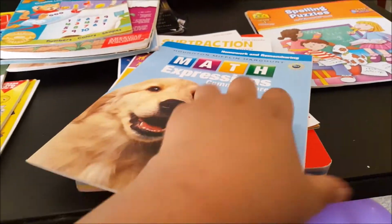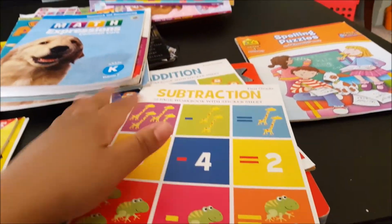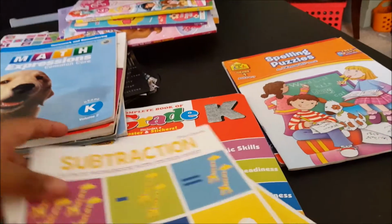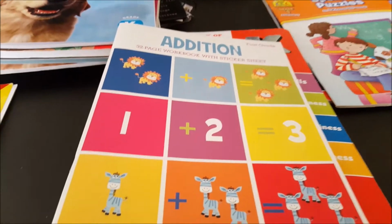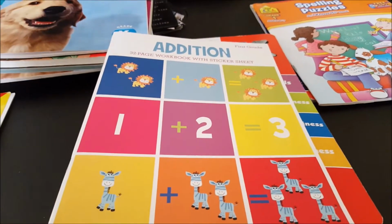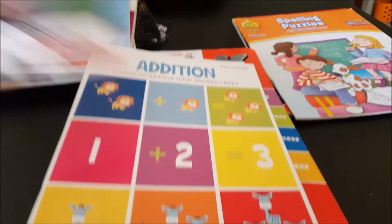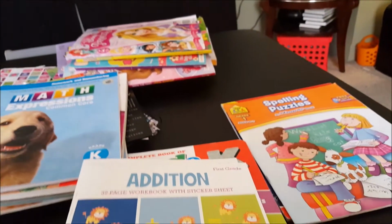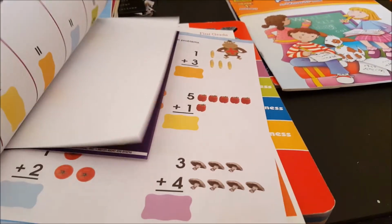Another Math Expressions, kindergarten. Yep, we'll keep that. These ones I just picked up at the dollar store. Now, yes, it's first grade. But when I looked through the kindergarten ones that they had at the dollar store, it was more like this style. And nothing is wrong with that, and nothing's wrong with reviewing. But I feel that